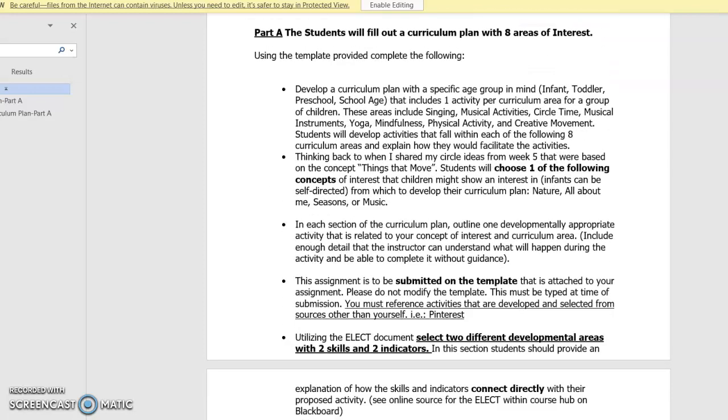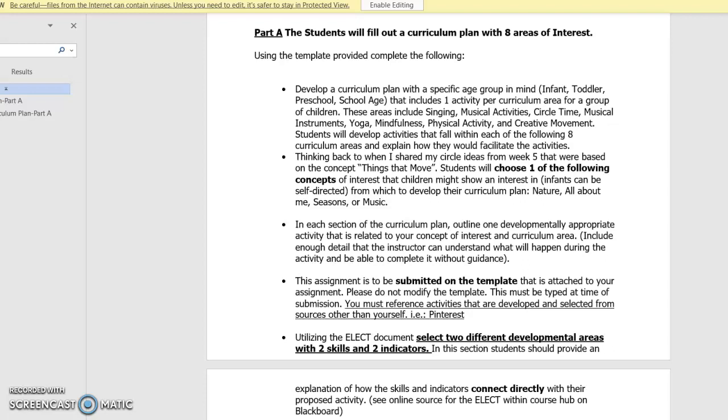Part A of the assignment. Your job will be to fill out a curriculum plan with 8 areas of interest. So using the template that I have provided, please complete the following. You're going to create a curriculum plan with your specific age group in mind, your infant, toddler, preschool, or school age. That includes only one activity per curriculum area for a group of children.